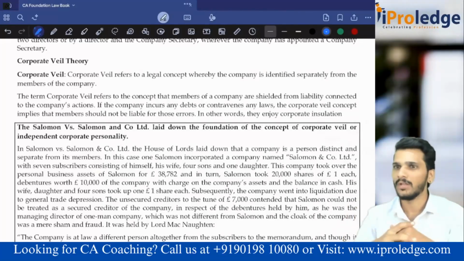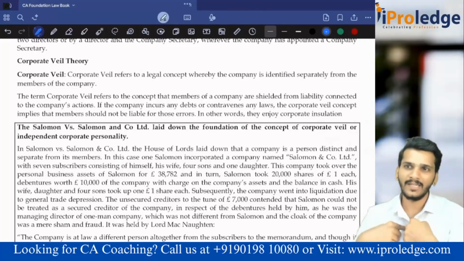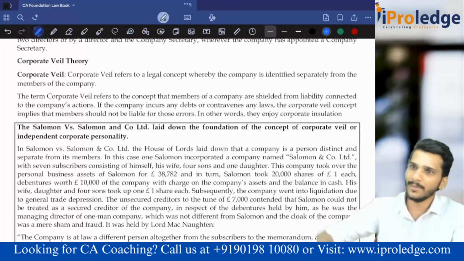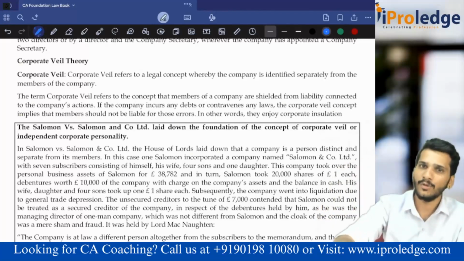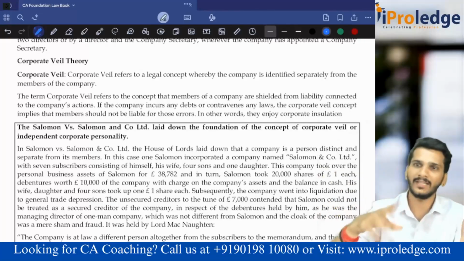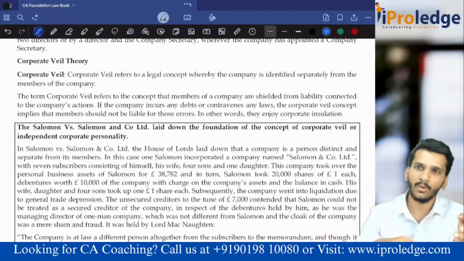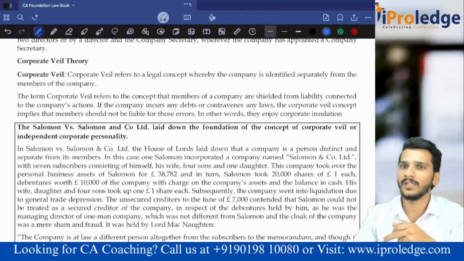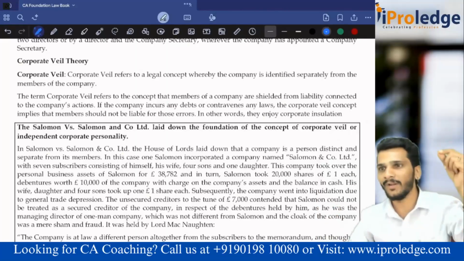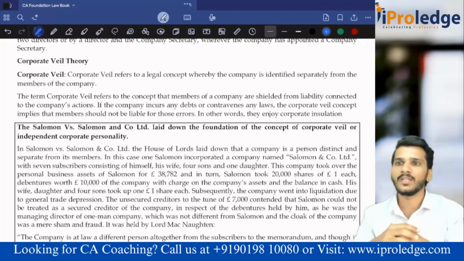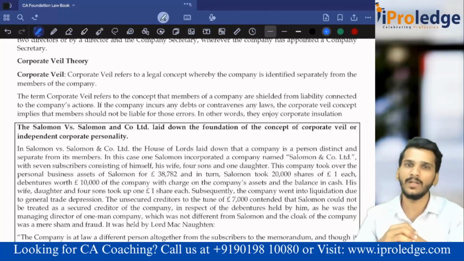Please get out. Because VRL is a separate entity and I am a separate entity, what VRL did is, they started one more company. That company and this company are totally different, artificial legal persons, and they transferred all the buses to the subsidiary, so that the subsidiary can go to the RTO and get the buses registered. That means you are indirectly trying to misuse this. That is why we lift the corporate veil and we treat the subsidiary and this holding company as one, and we don't give the registration for the buses. That is the next case.